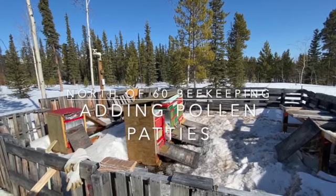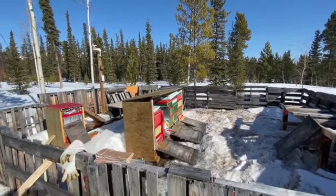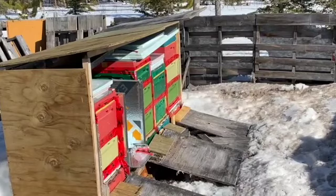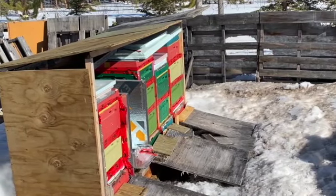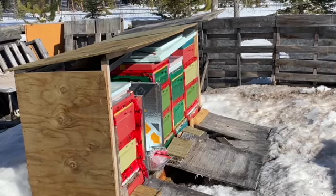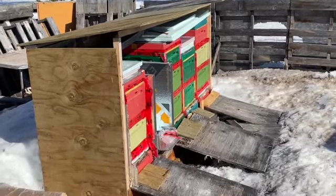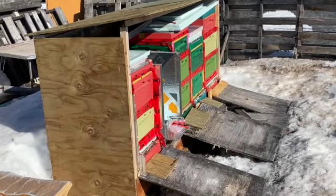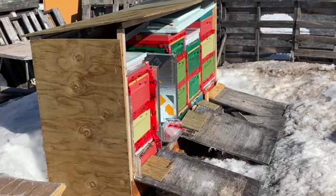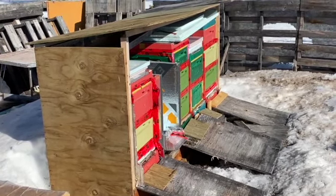So it's about 1 degree Celsius out right now. You can see how the bee yard with the pallet fence and the enclosure warms things up. One colony seems to be a bit more active than the others, but there's bees on all 4 landing boards. I'm just gonna go quickly inside the colonies there, add some pollen patties because I'm leaving for